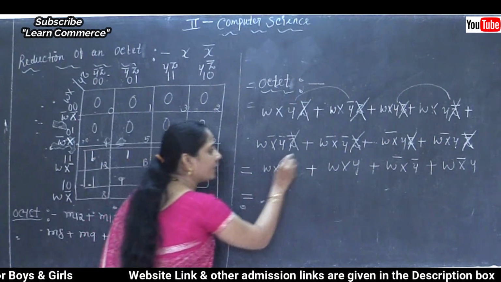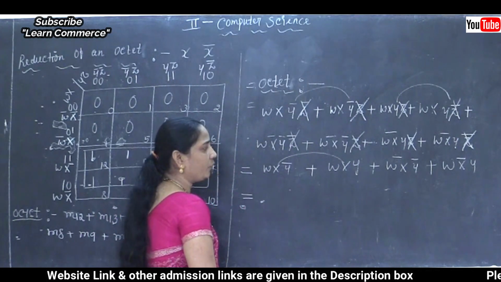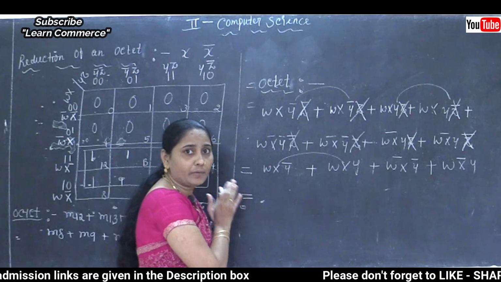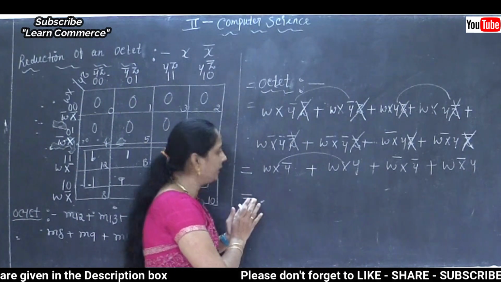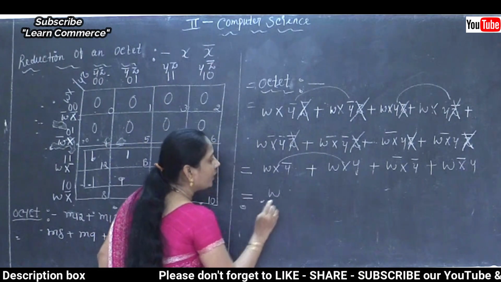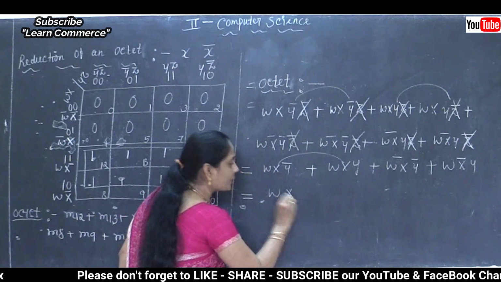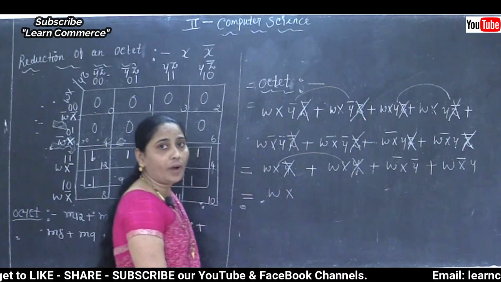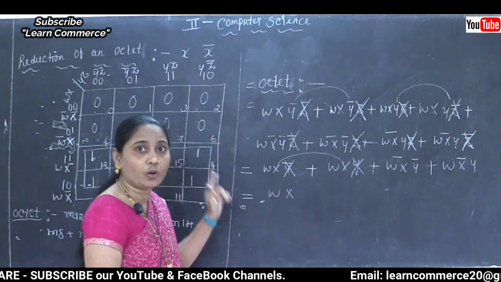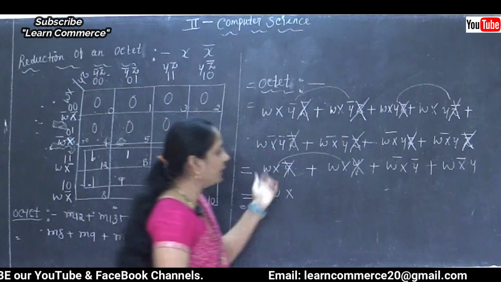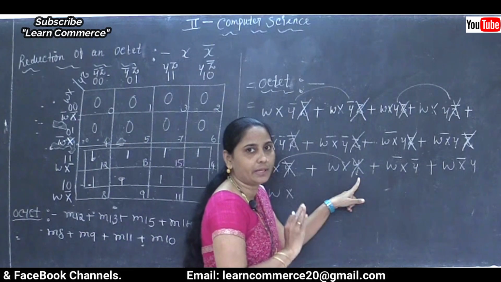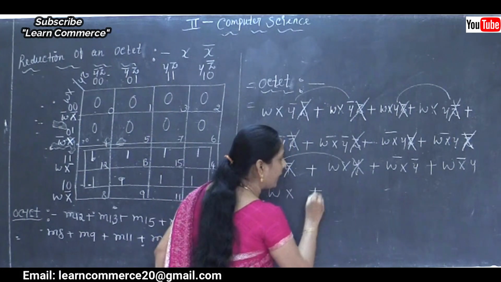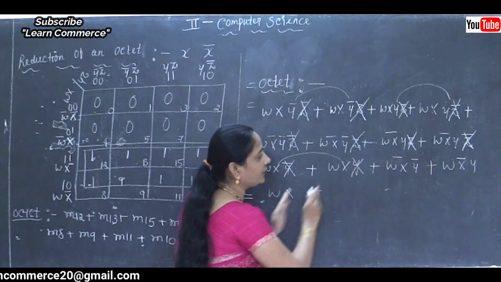Now again we need to make the comparison between the values. Whatever the result, it is not the final result. Again we are going to make the comparison in the values. So W no changes, X also no changes, but we need to remove the variable, that is Y. Why? Because at first complement of Y is there, and in our second expression just the variable Y. So we need to remove the variable. Now after that, we are going to take the next value.